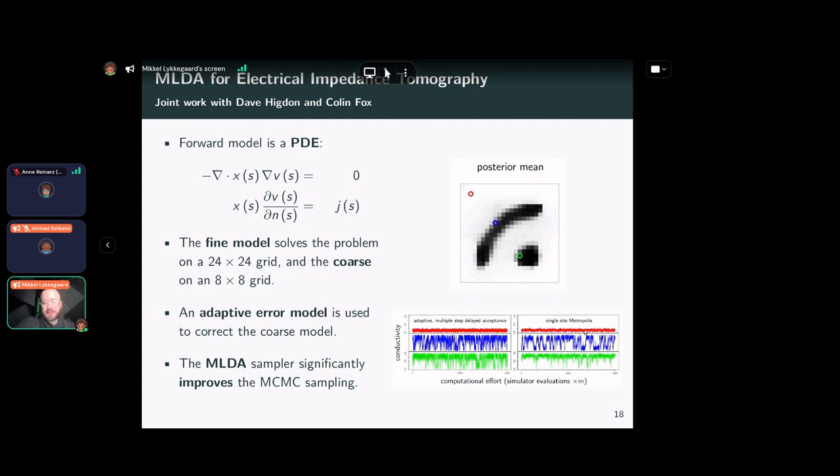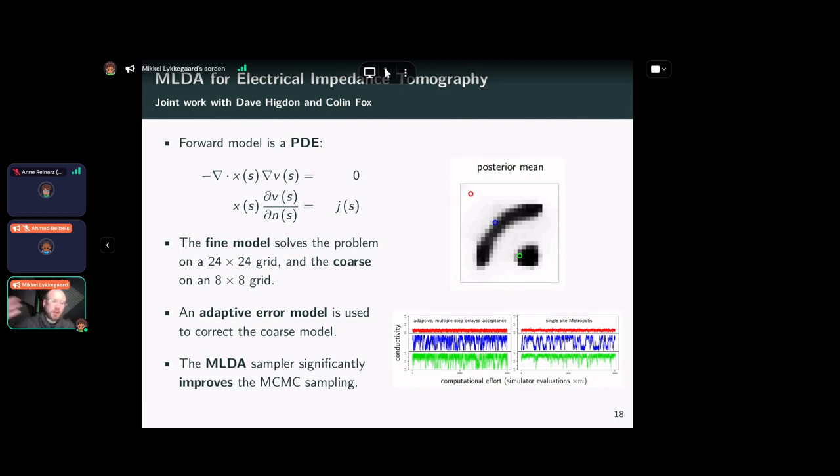And they've tried many things to improve the sampler on the right, which basically just takes one pixel at a time and adjusts it and scans over the entire space, but nothing has really improved it except MLDA, because with MLDA you're capable of making a bunch of different changes on the coarse grid before you promote the proposal to the fine grid, which means that you can stay within the prior and perturb the prior and try a little bit here and there until you promote it to the fine, which is something you can't really do with something like a Gaussian proposal.